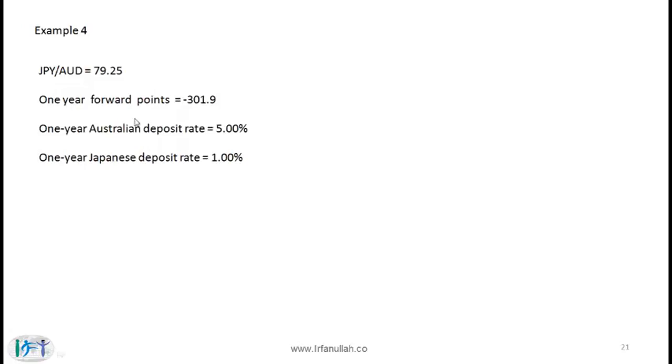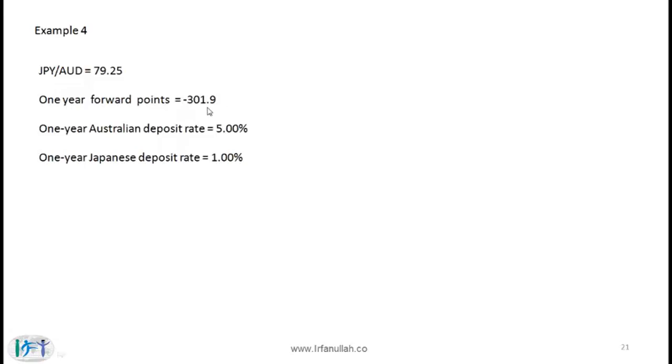Here is the basic data. We are given the Japanese yen to Australian dollar exchange rate, or the current spot rate, and for simplicity we are just being given the mid-market values. So fortunately we don't have to deal with bid-ask spreads over here. We are given the 1-year forward points data, which is minus